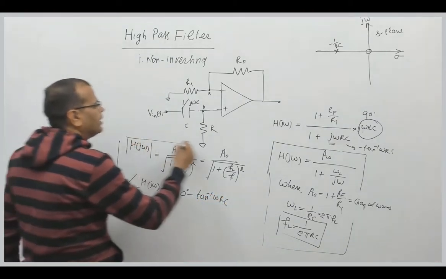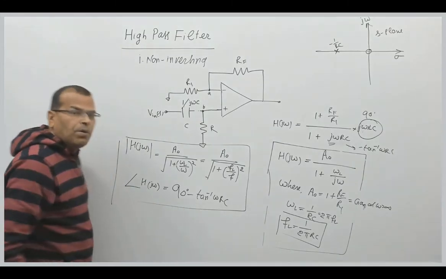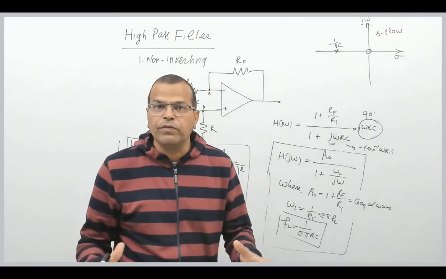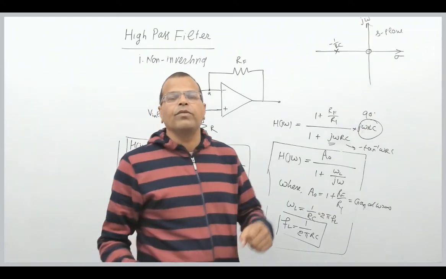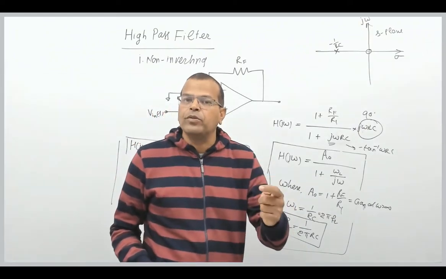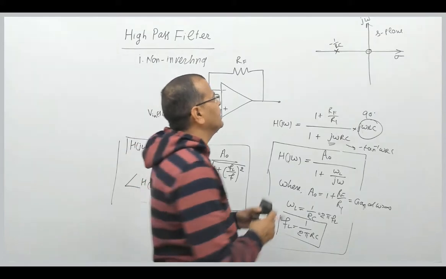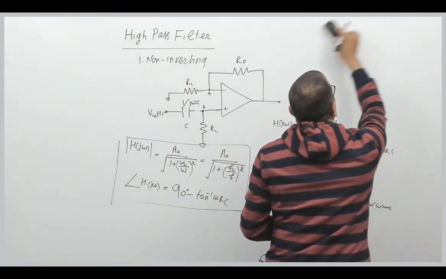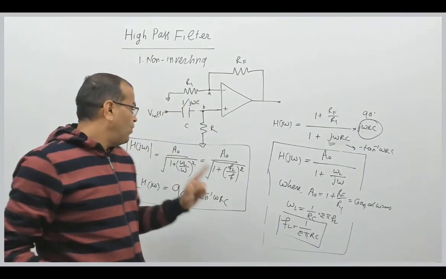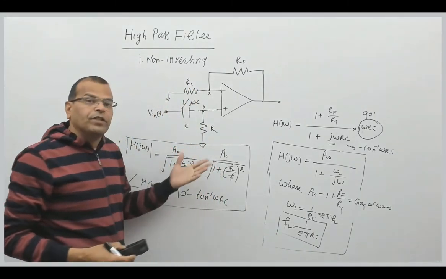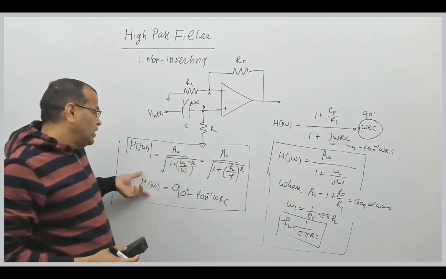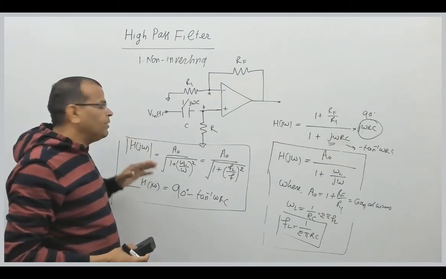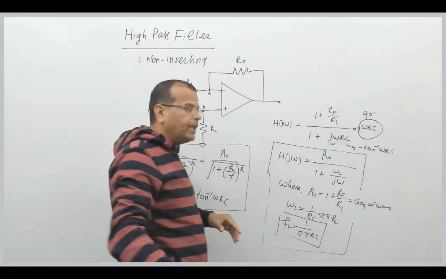So magnitude as well as phase. But normally we don't talk about the phase response, we talk about the magnitude response, meaning variation in magnitude as a function of frequency. So here you can see the variation in magnitude as a function of frequency. You can see either the variation of phase angle as a function of frequency, or the variation in magnitude as a function of frequency, right?